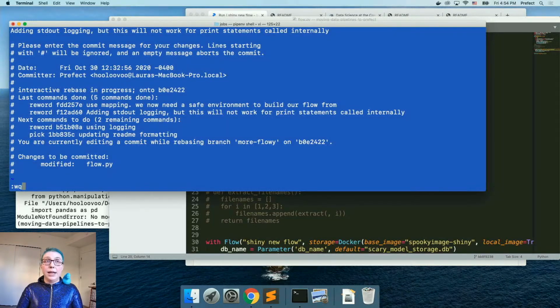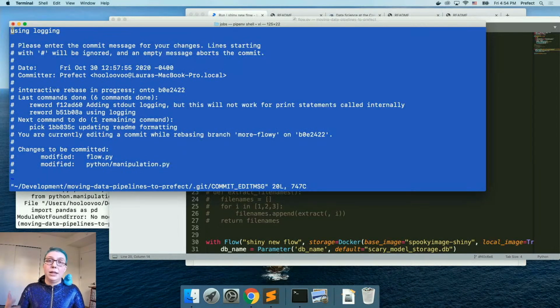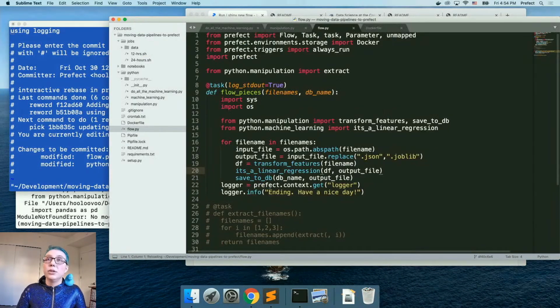So in any case, what I would really recommend in reality is to actually use the logging module. In my case right now, I'm using the logger that already comes with Prefect, which you can get access to in your task through your context, prefect.context. And then once you get this thing called logger, it has methods on it, info, warning, etc., debug, to provide